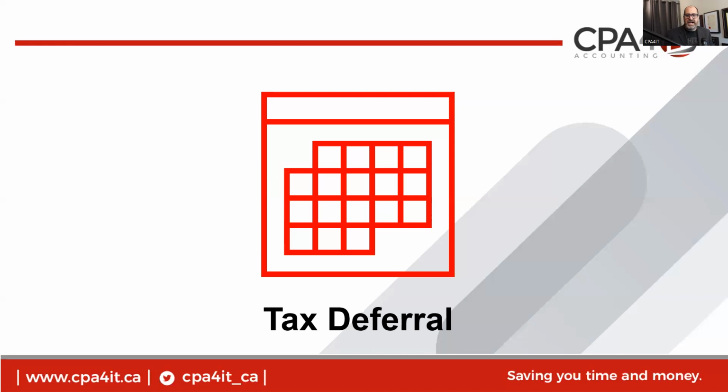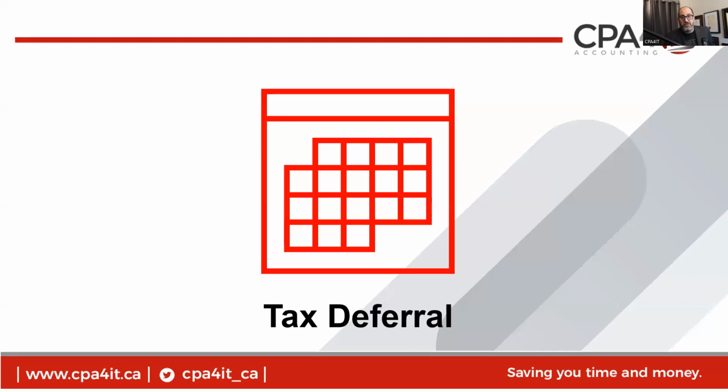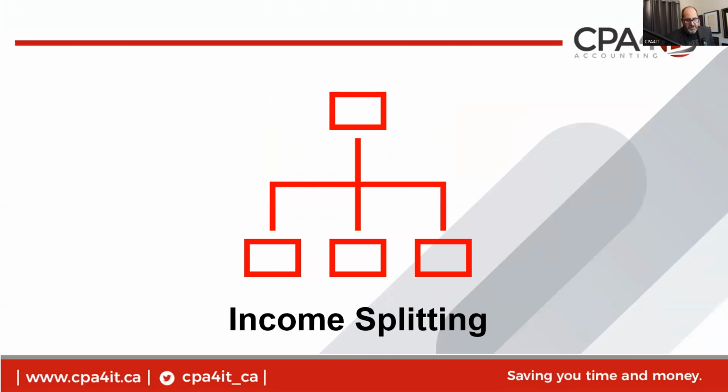And the reason tax deferral is so important is because of the time value of money. So if you can delay when you pay your taxes, that gives you the ability to have your money working for you, investing and generating income. So whenever we can, the goal and the objective is to first minimize taxes, but then secondly, to defer when we're going to pay those taxes as long as we possibly can. And there are a couple of strategies that are available to us, probably the most common of which is the shareholder bonus.